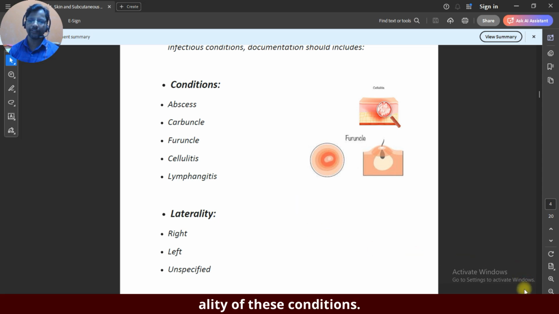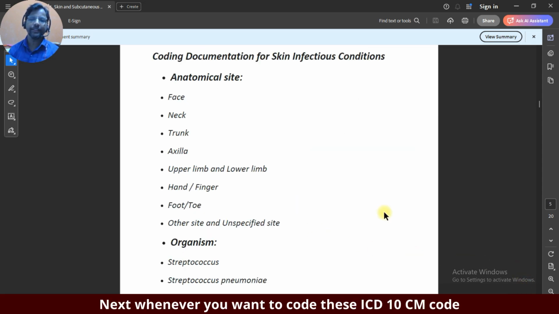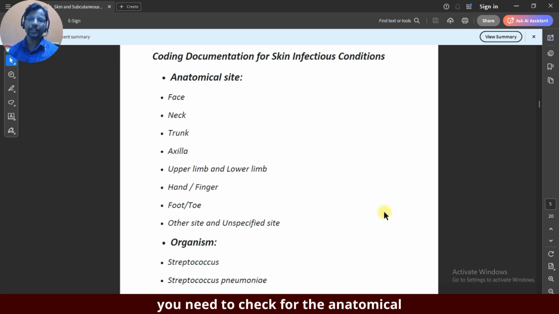Next, whenever you code these ICD-10 CM codes, you need to check the anatomical site, whether it is on the face, neck, trunk, axilla, upper limb or lower limb, hand or finger, foot or toe, other site